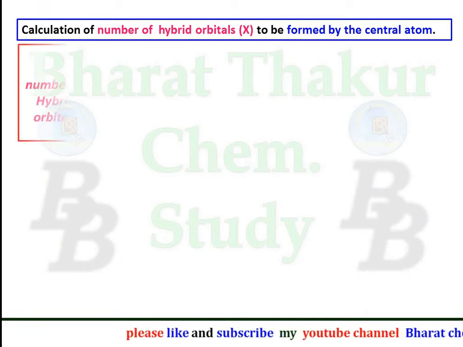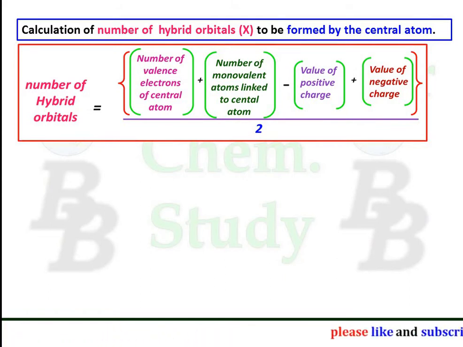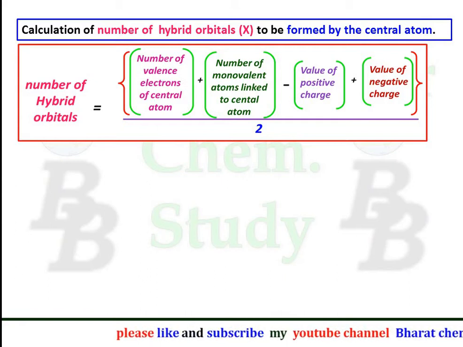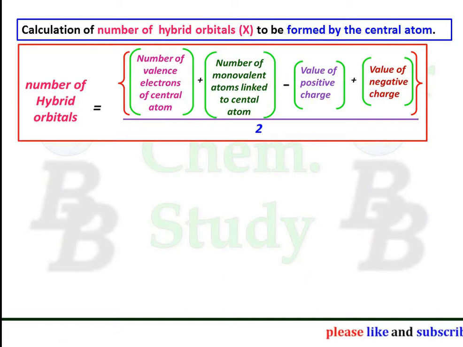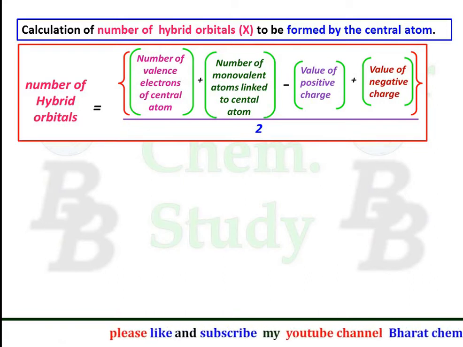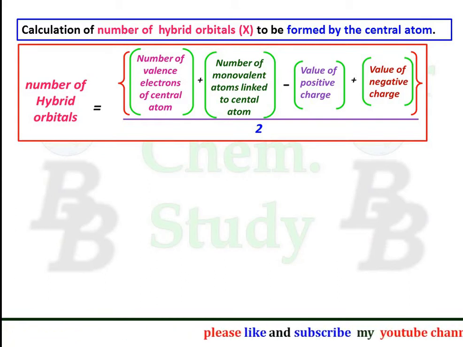The formula is that the number of hybrid orbitals is equal to the number of valence electrons in the central atom plus the number of monovalent atoms linked to the central atom. Monovalent atoms are those which are going to form only a single bond, minus the value of positive charge. That means if a molecule is having a positive charge, then that value must be subtracted, and plus the value